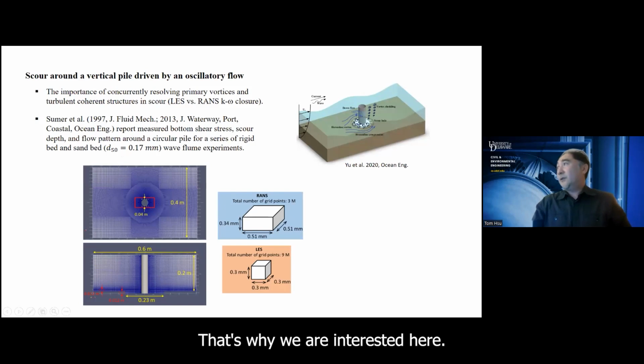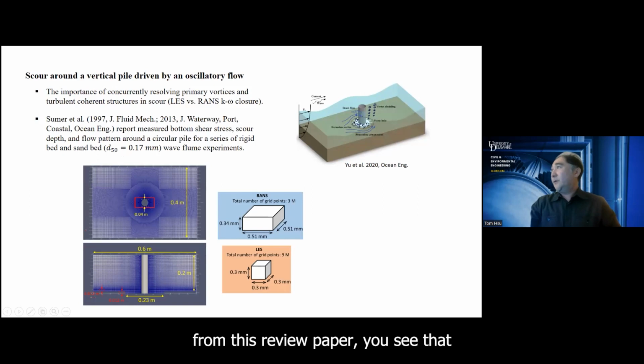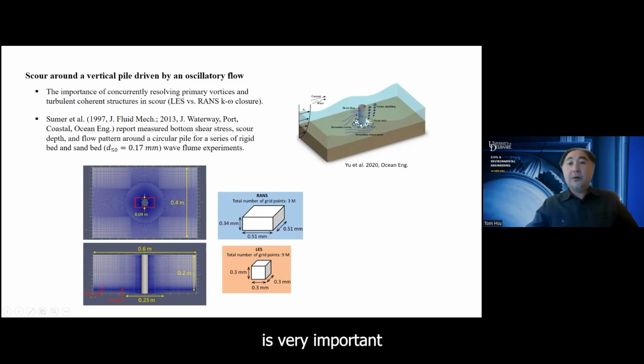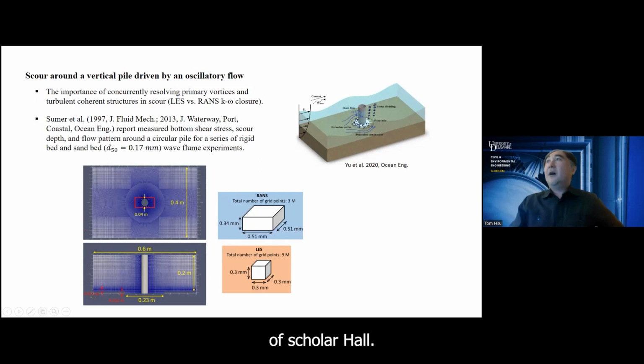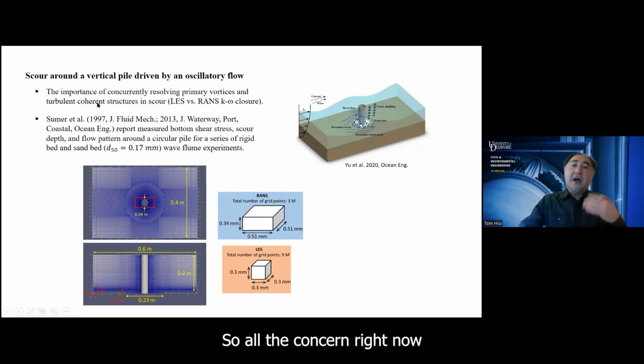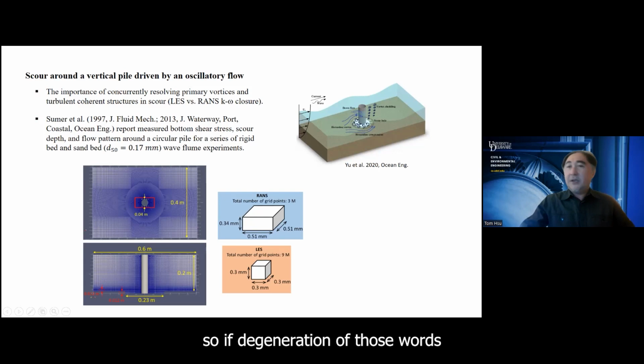That's why we are interested here. And just from this review paper, you see that there's a variety of vortices generated around this kind of vertical pile, particularly something called the horseshoe vortices, which is very important in driving the development of the scour hole. So our concern right now is that if the generation of those vortices is so important in driving the scour hole,